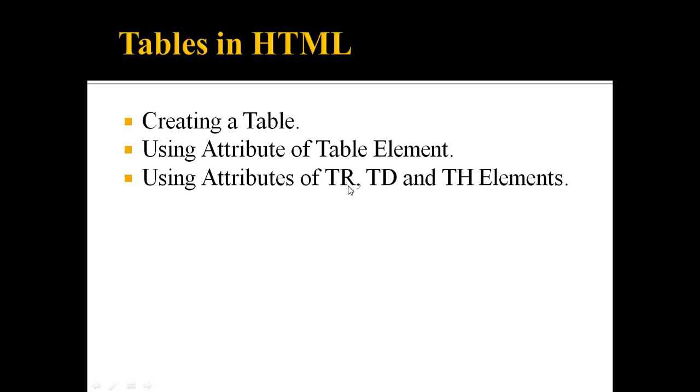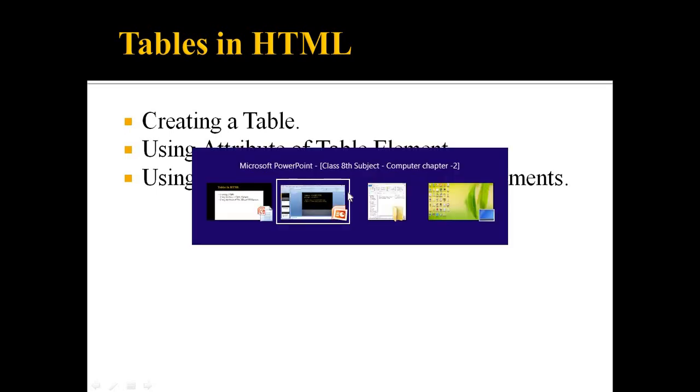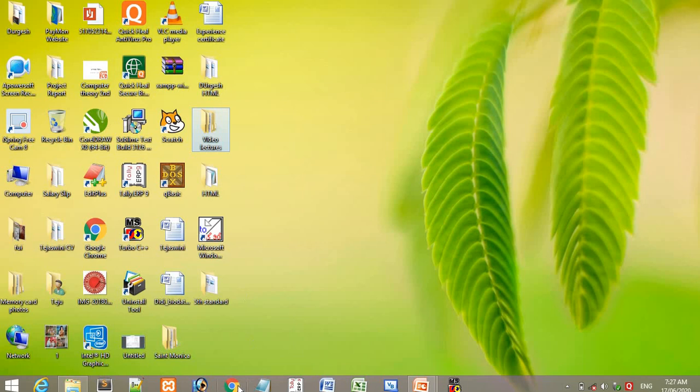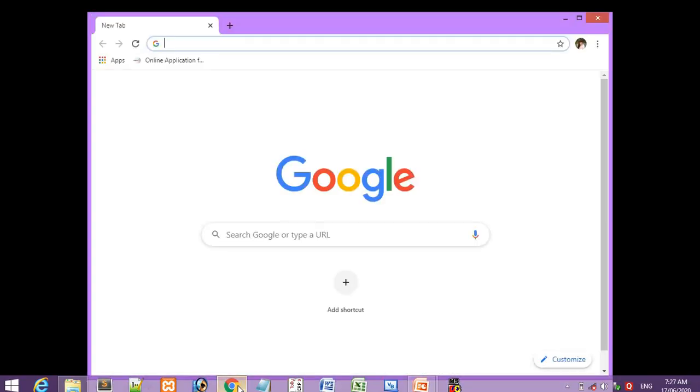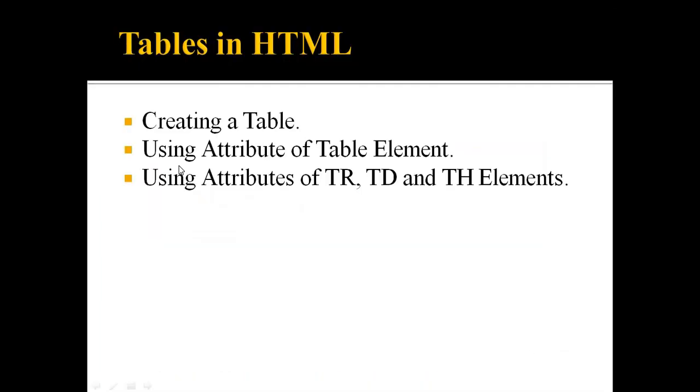The tr stands for table row. Every table has rows. On a web page, like in Chrome or Internet Explorer, can you see any kind of rows? No. Our data on the web page is not in the form of rows and columns. So for that purpose we have to design a table. For taking rows we have to use the table row, the tr tag.